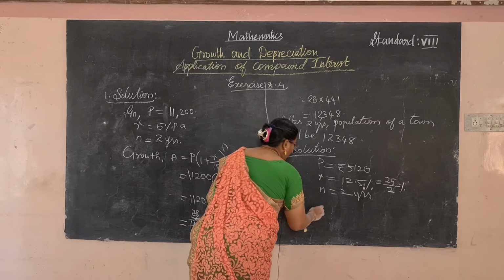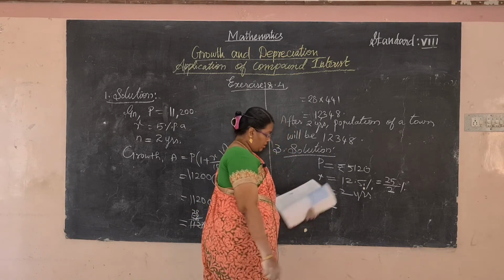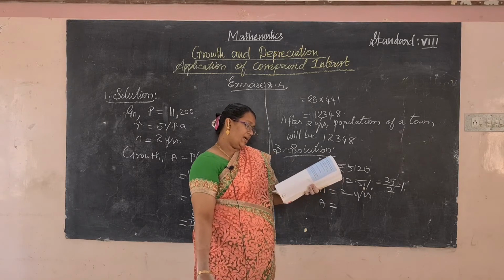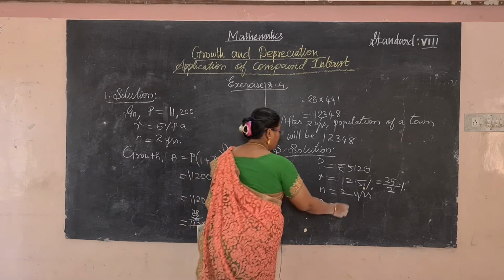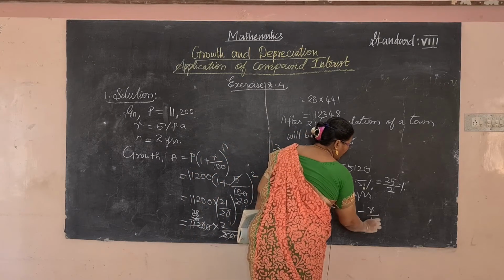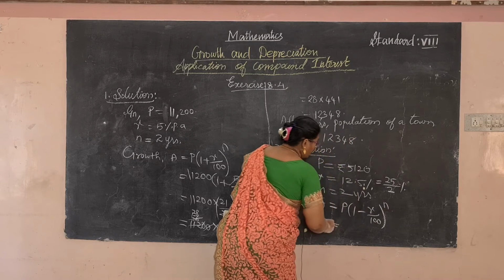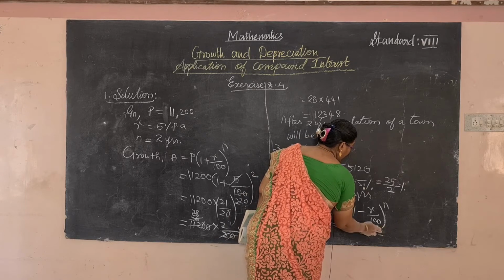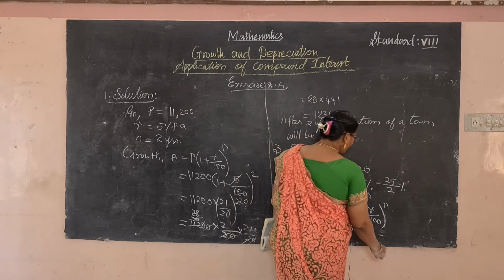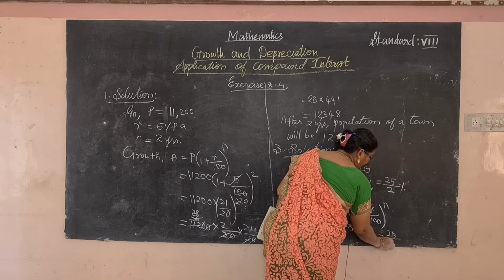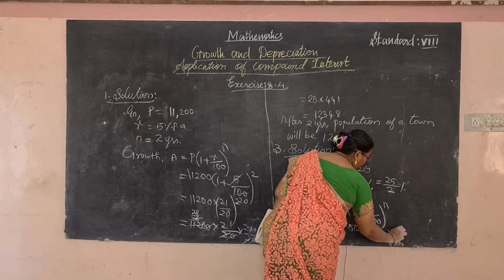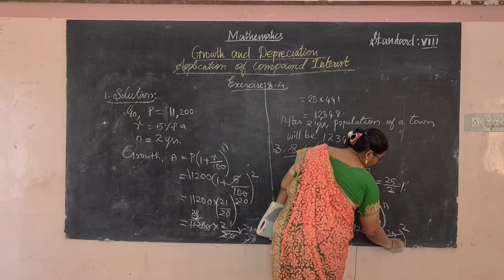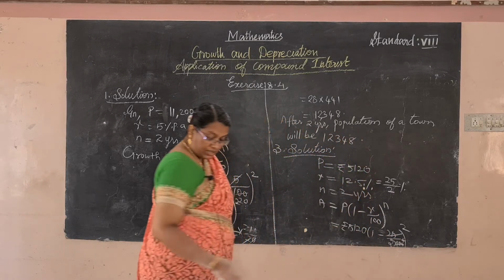Okay, now substitute the values. A is equal to, depreciation is given, is it? The present value of the article is rupees 5,120 and its value depreciates. So the formula is P of 1 minus R by 100 the whole power n. So P value is rupees 5,120, 1 minus R value is 25 by 2. Already the denominator has the 100, the whole power, number of years is 2. Okay, so now simplify by 25, it cancels in 4. 4 times 25 is 100.